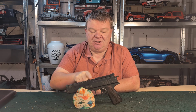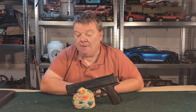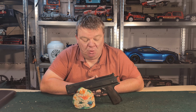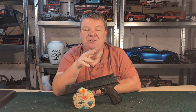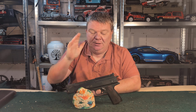In my opinion, spring-powered air pistols are not suitable for any form of animal shooting. Even in traps, I don't believe they are good. I think there are much better options for that, not least of which is a bucket of water to chuck the trap into. But if you are wanting something for humane dispatch, as it were, the CO2 powered Crossman 2240 is a much better option. The barrel will go between the bars, it's got more power. It's better, but it's